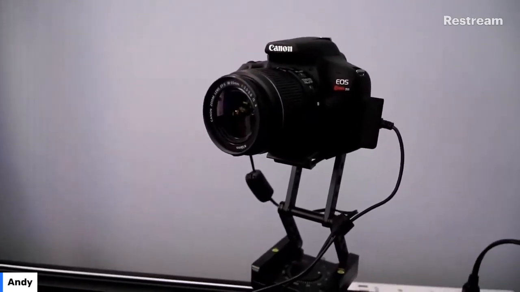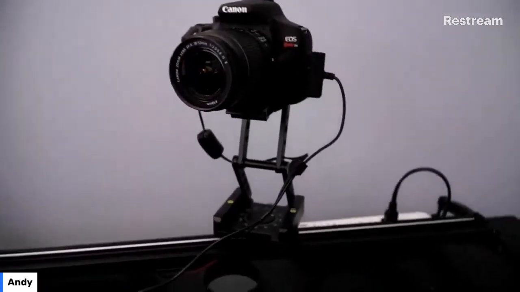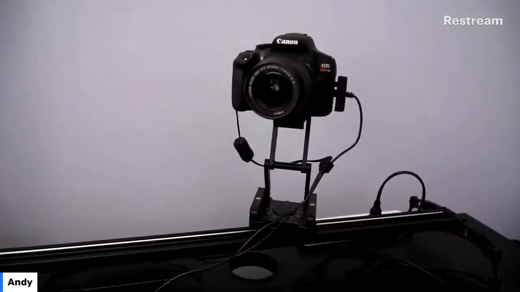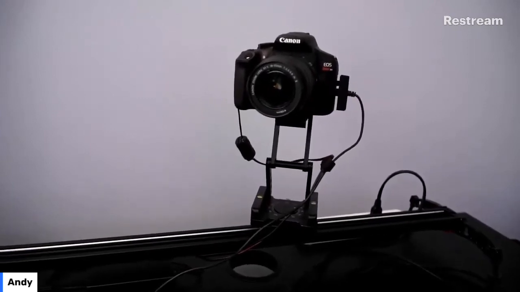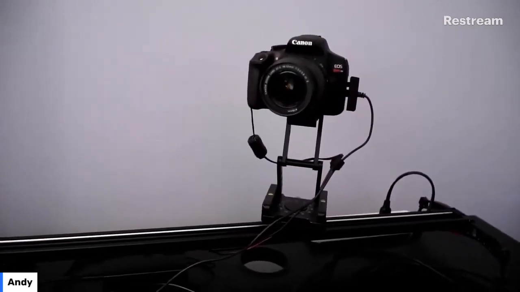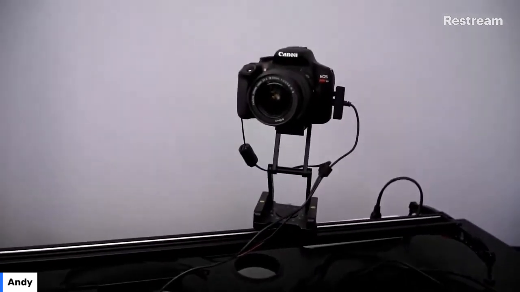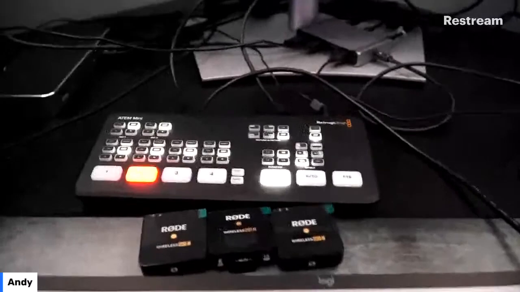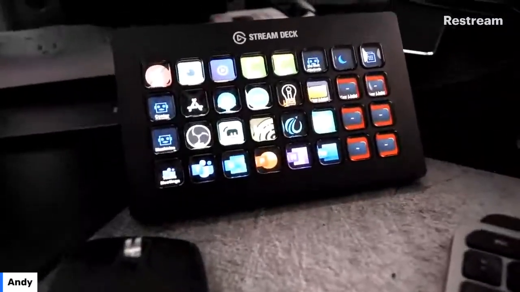And then over here we have my previous DSLR camera. This was basically my mom's camera. She didn't know how to use it, so she gave it to me, and I used that in Teams as a USB camera. So there was some USB software, we'll talk about that in a little bit. I was using that for a while, and then the USB software stopped working. So I had to switch to the ATEM and do a hardware encoder into the system and go from there. And then I control everything with my Stream Deck.